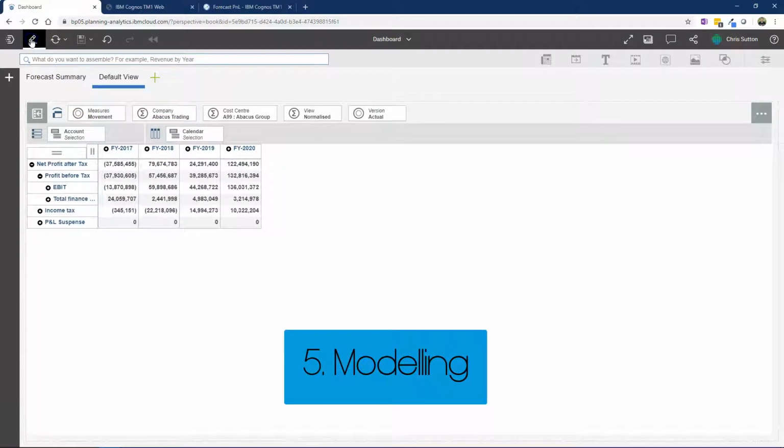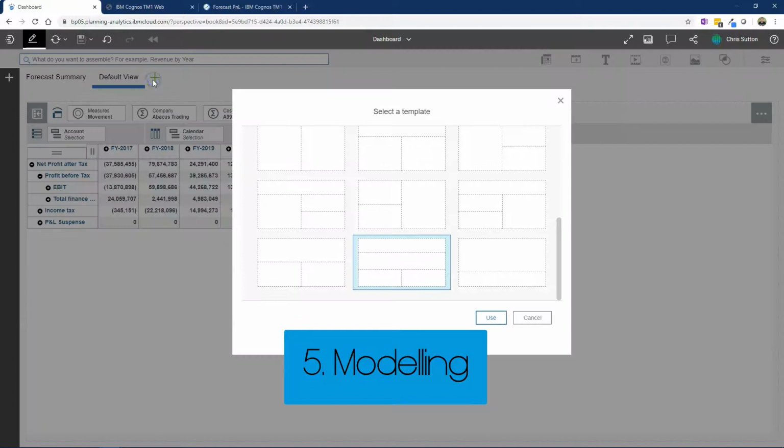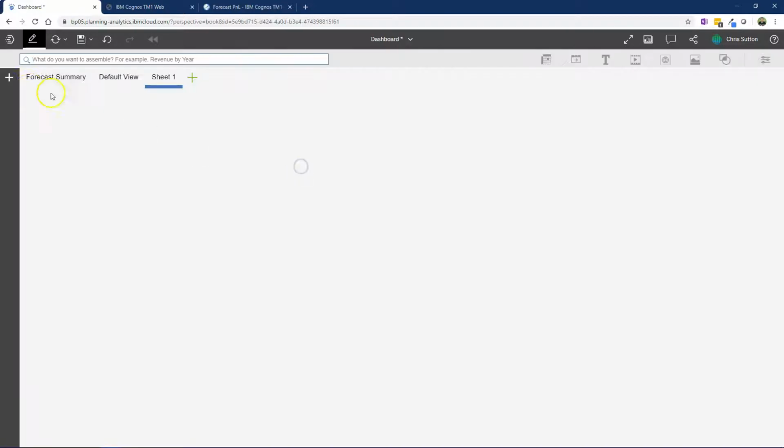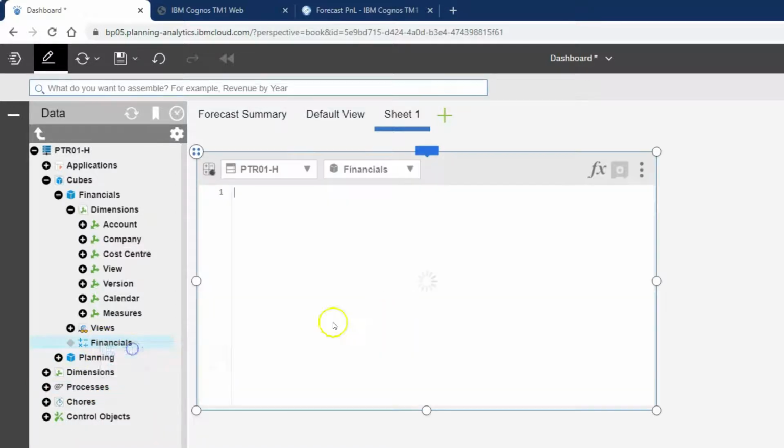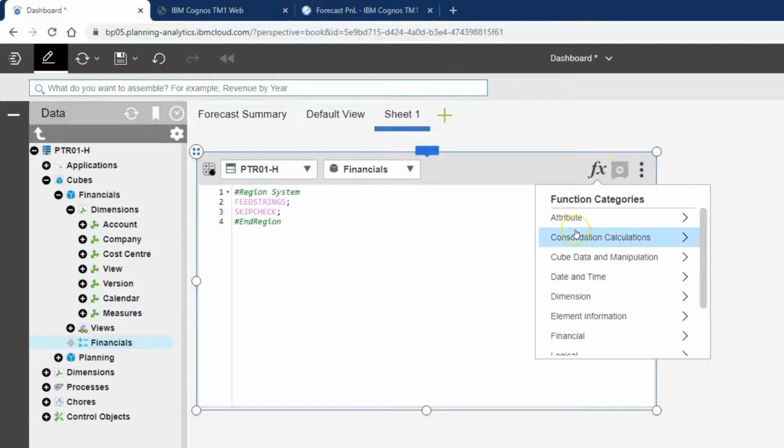Number 5, Modeling. Planning Analytics Workspace includes TM1 modeling capabilities. For those of you that are modelers, Planning Analytics Workspace can be used as a replacement for Server Explorer or Architect. You can create new cubes, create new dimensions, create new processes. We can create and edit rules with the new rules editor, which includes auto completions, lists of functions that are available,